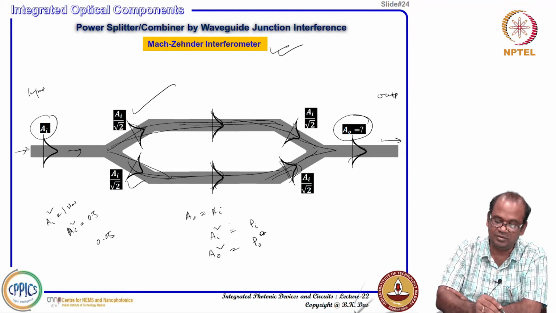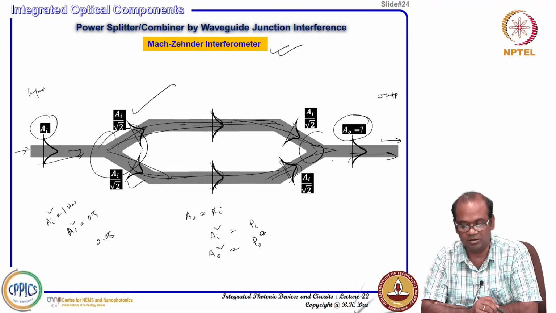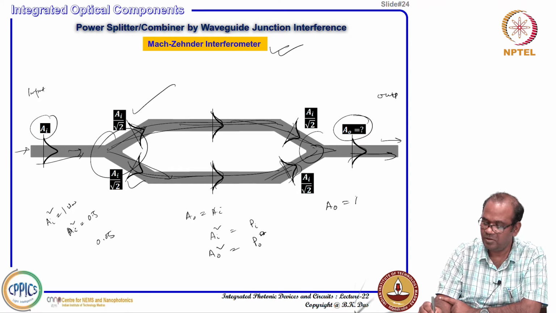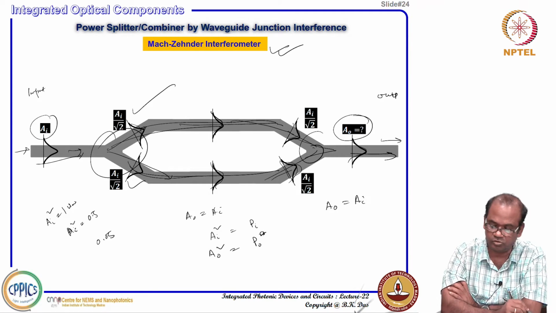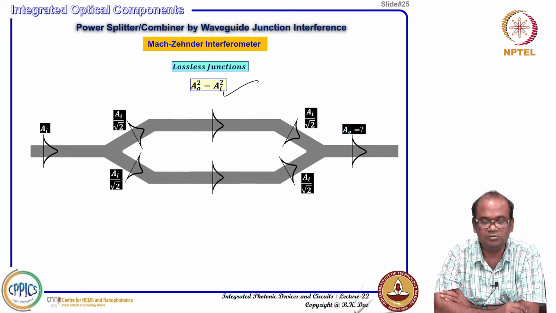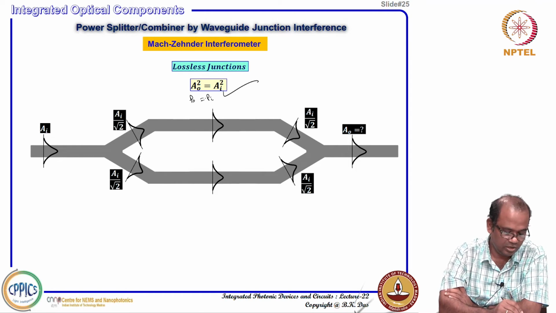So, if these are lossless, whatever power you are launching here will appear here. Normally A0, if it is asked, should be AI, obviously, right? That is, A0 squared equals AI squared, which means P output should be equal to P input. That is true. Now, you see